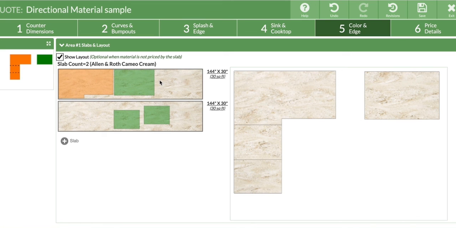So we'll walk you through all of this on your individual projects, but we just want to make you aware this is what we're talking about when you have directional material and how that directional material may affect the way your